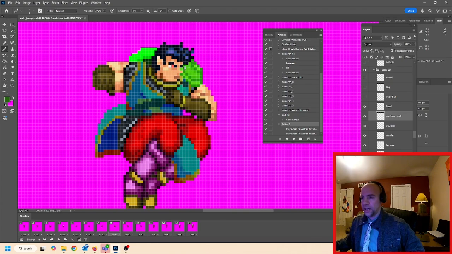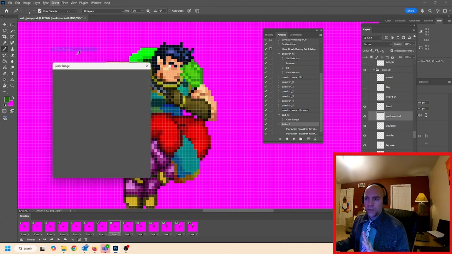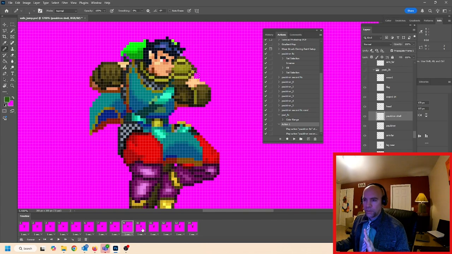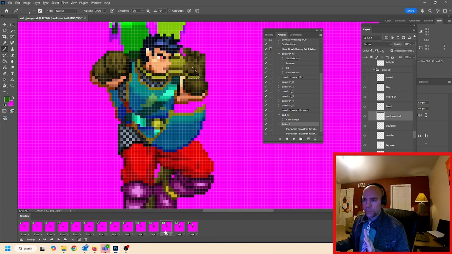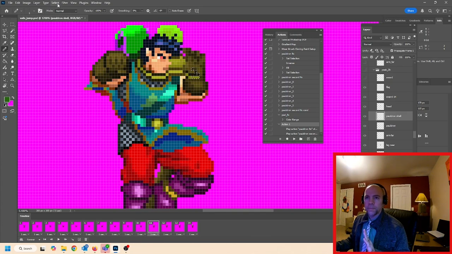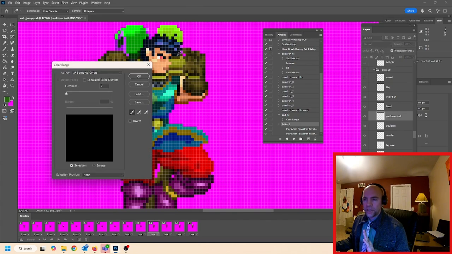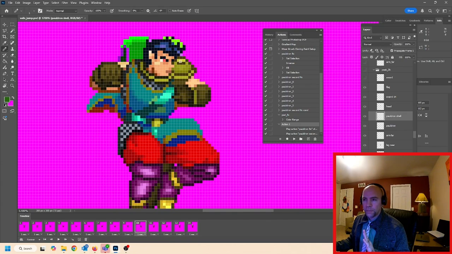Like I could say select color range, and then I would use the fill, the same way that I did with the whole pauldron. The only issue is if you automate that, what can happen is when I know that I'm selecting a series of colors, I have to catch every color that's in this pauldron in the automation. Well, what if it happens to be one of the frames where part of the pauldron is obscured, like here? If I try to select the color range that is the top trim of the pauldron, right here,